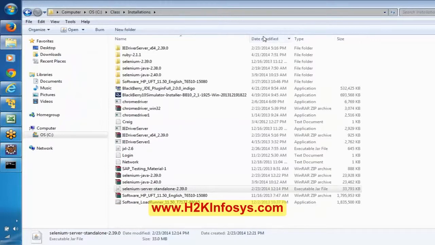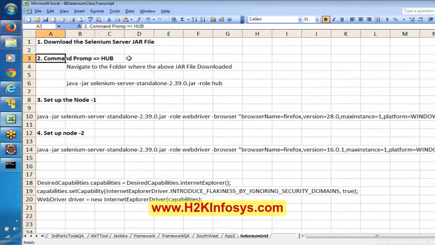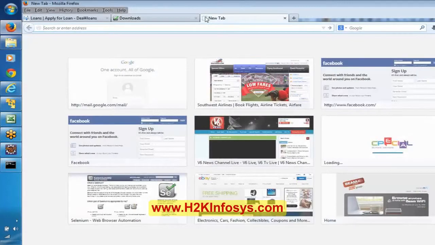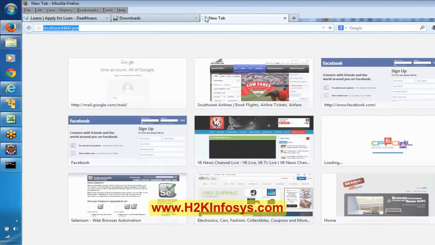Now the next step is if we want to look at the hub. Actually, this is a kind of backbone of the hub. If you want to really look at how a hub looks like, go to the browser and type localhost. If you open this, it will show a hub kind.